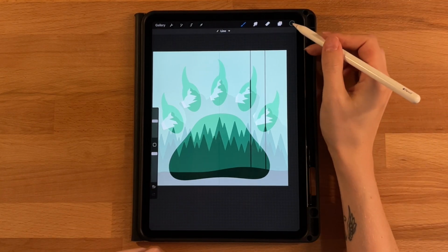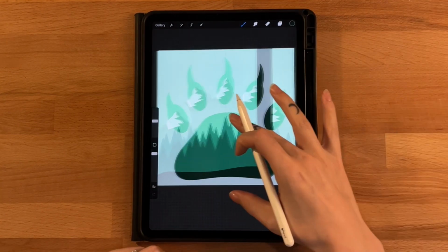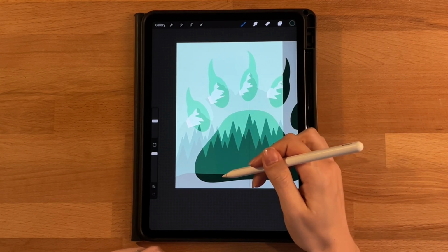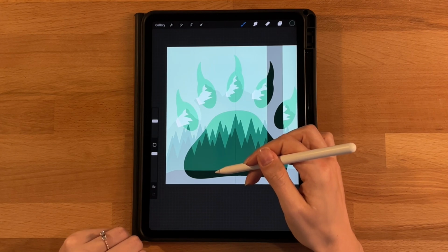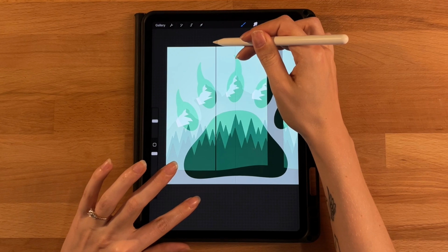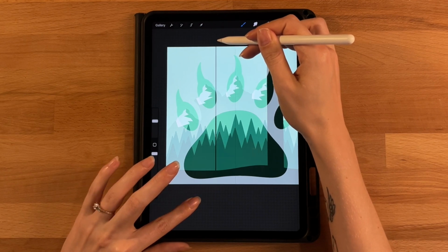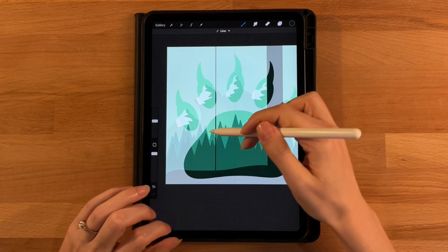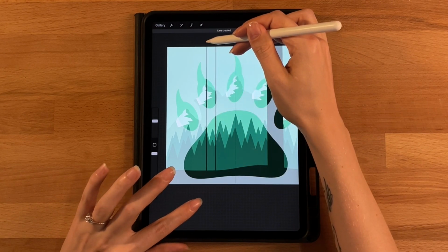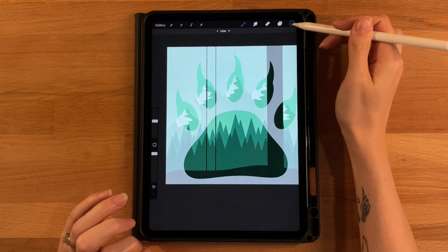Okay, then we can go ahead and fill that one in. Then we'll leave a good amount of room in the middle here for our bear. And then I will start another one. So maybe right about here, draw a line straight up, hold it down, touch my finger to the screen to make it perfectly vertical and go all the way off the top. And we'll make this one a little skinnier too. So we'll leave a smaller gap, draw my second line, hold it down, touch my finger to the screen, fill